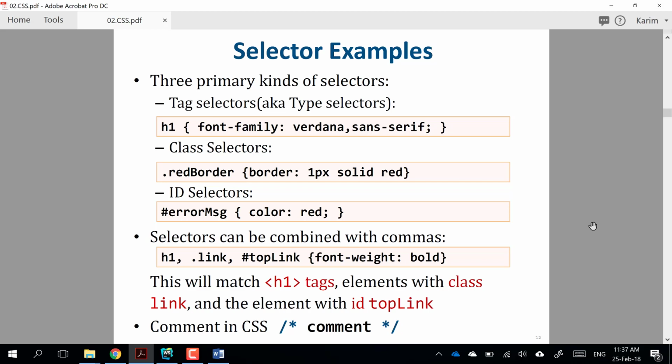Do we have to use all three of these to make our page? No. Can we choose one? No. Like basically,